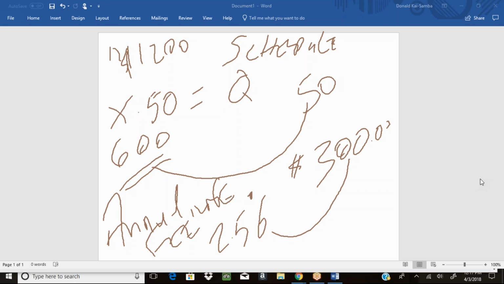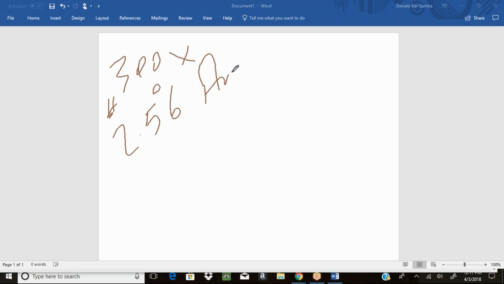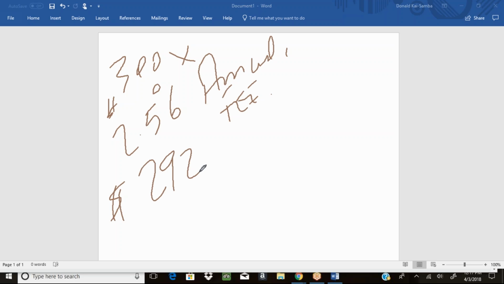So when you take $300, which is now your annualization, and you multiply that by 2.5%, which is your annualization fee, you end up with $292.50. If everything is well, you haven't had any vector, or nothing showed up on your radar, or the